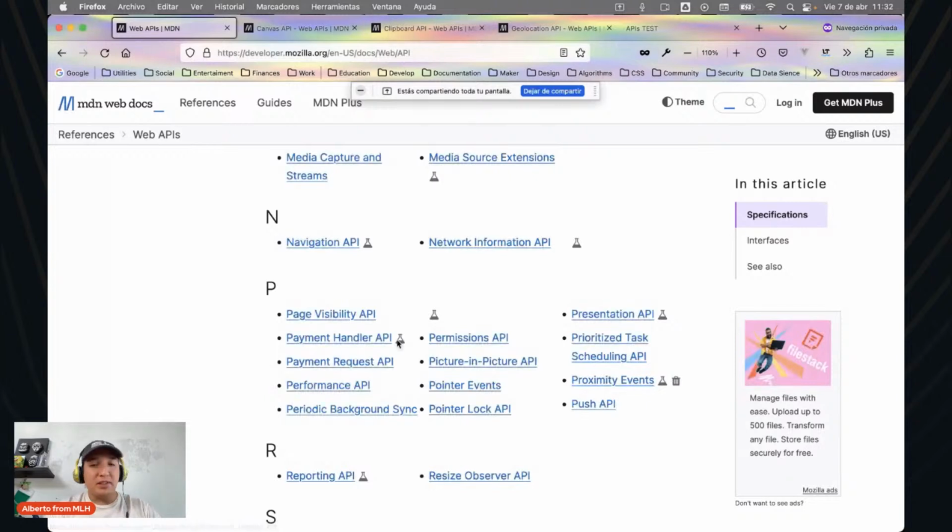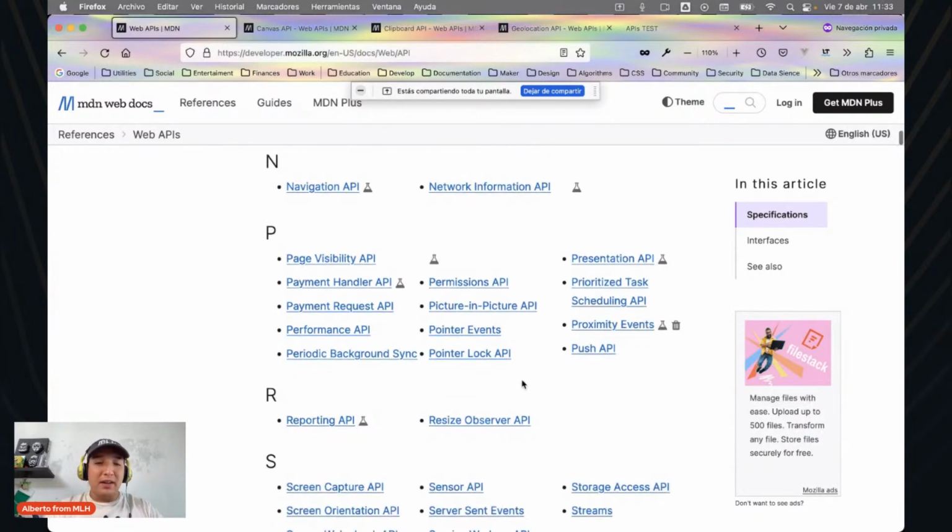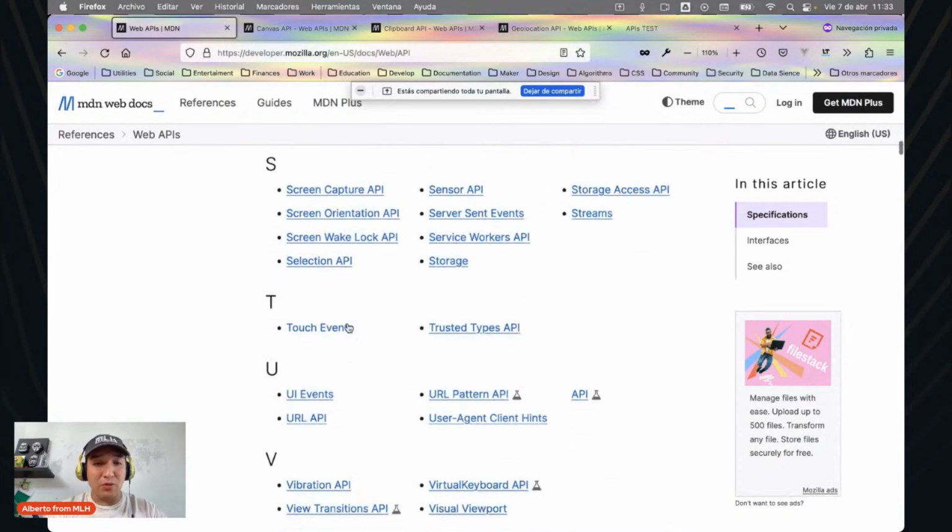Just here, you will see this tag. This means this is experimental, and the behavior, as this tooltip says, might change in the future or might be removed in the future. For example, this trash can means that this is not going to be updated anymore, it is deprecated now, and it will die in some new versions, right? What else? Touch events,